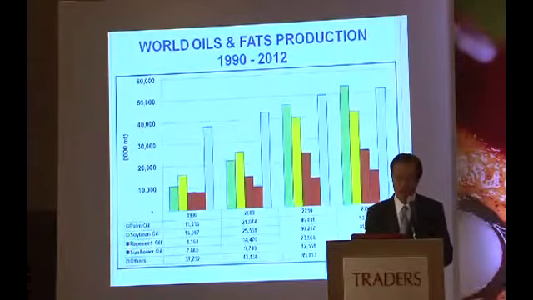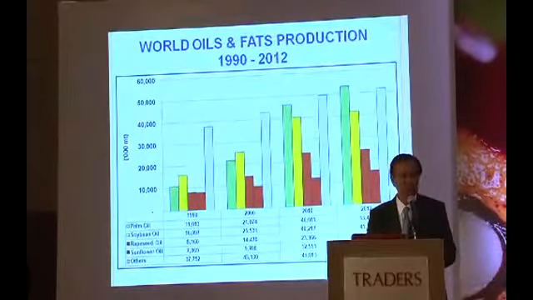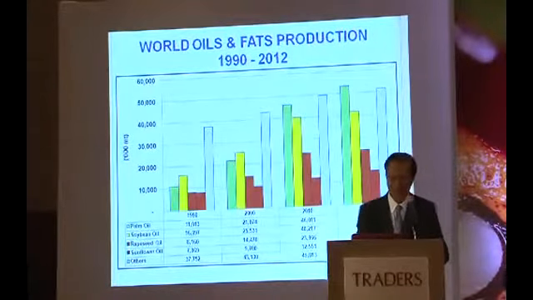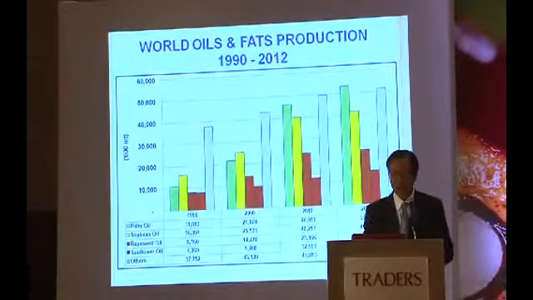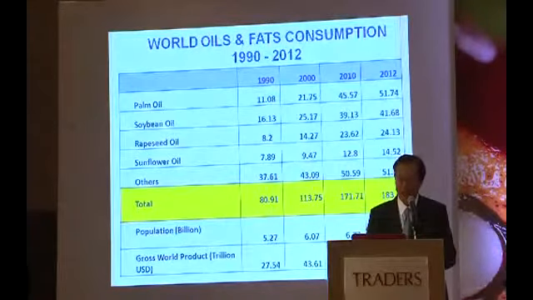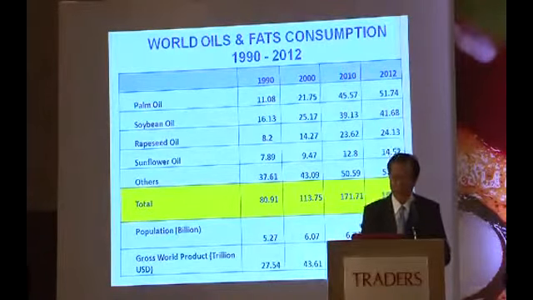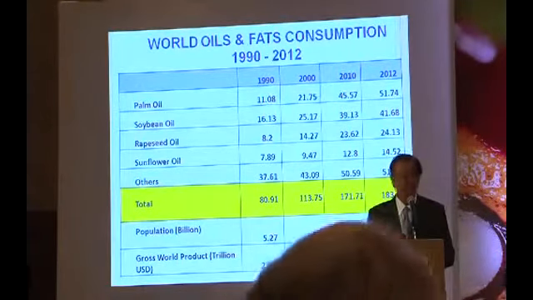The chart here is very simple. It shows how the green bar representing palm oil has become more and more prominent and dominant over the years, as you can see by the height of the green bar, to reflect the position and the role of palm oil in world oils and fats production. So in numbers, you can read later how palm oil is a major source